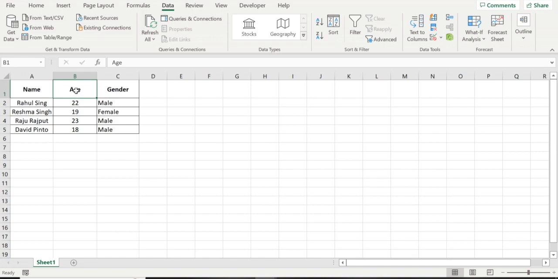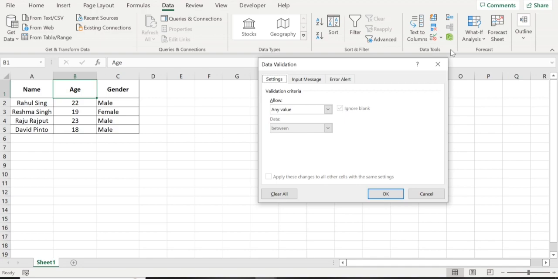Now in the age column we want that age should not be less than 18 years. I don't want to restrict it here, but I want to display that the age should be 18 years. For that again we will go to Data. Firstly we will select that cell. We will go to Data, then Data Validation,